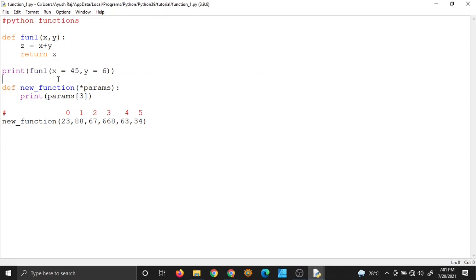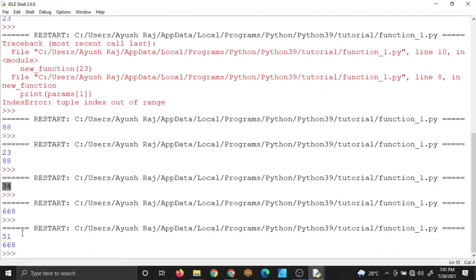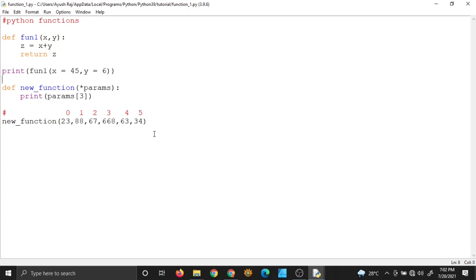I should get the sum here. Let me run it. So yeah, it returned the sum of 45 and 6. So that's working. That's what keyword arguments mean.